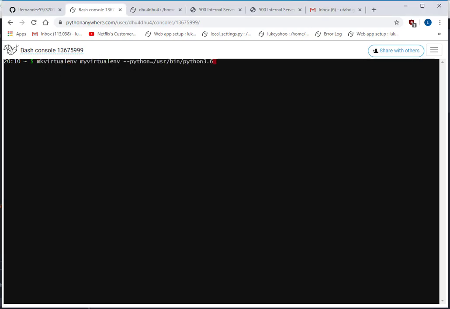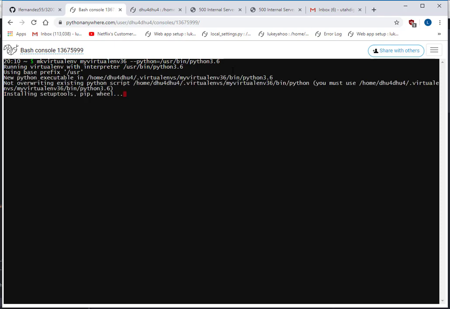and this will make a virtual environment with mkvirtualenv, called my virtual environment. Let's call it 3.6, with version 3.6 of Python. And it'll just install all the stuff like pip and everything. So we've installed it, and if we type pip list,